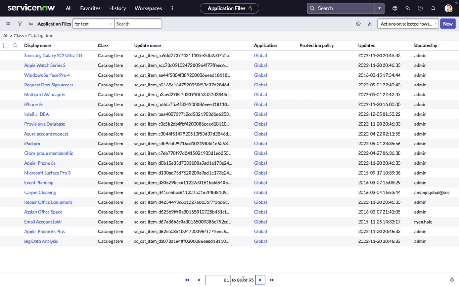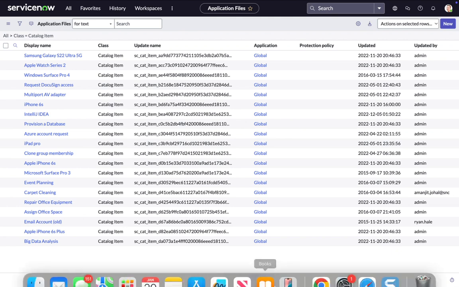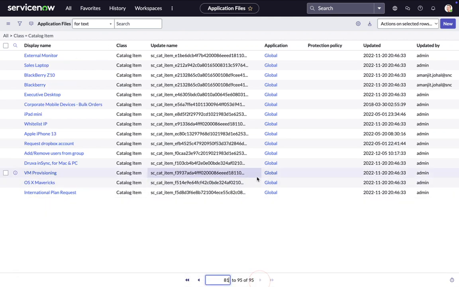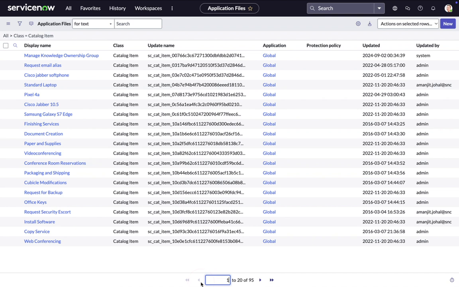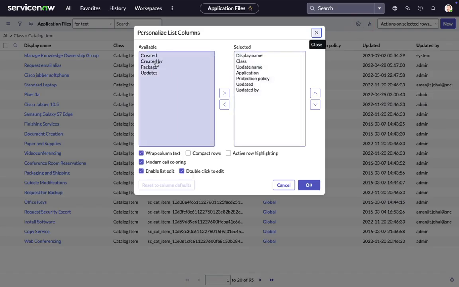You see, there is altogether 95 application where the class catalog item has been used. So out of 95, if we go at the end, all application is global. And even the display name is also different. There is nothing called, this is application means application is scope. It's not like that application's name, but I believe there is also a,